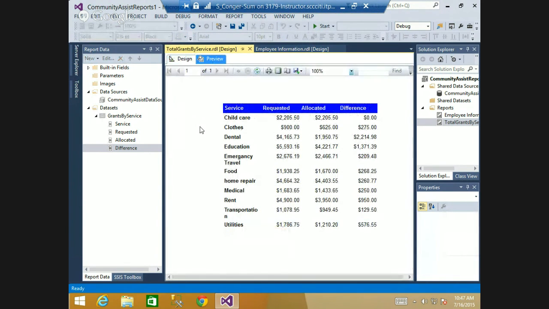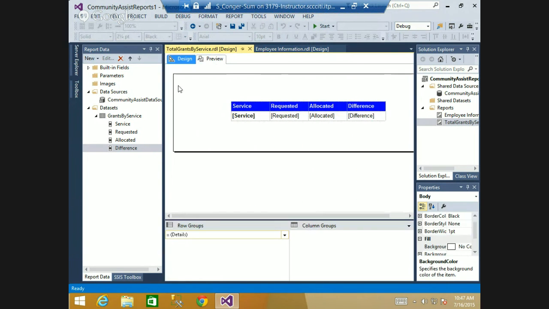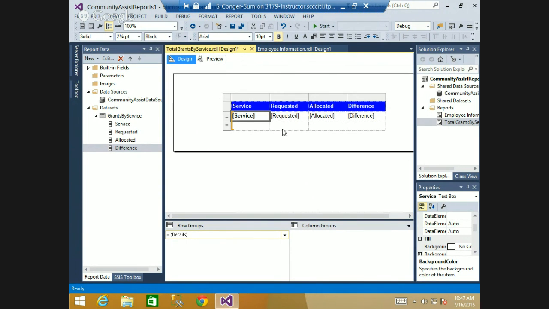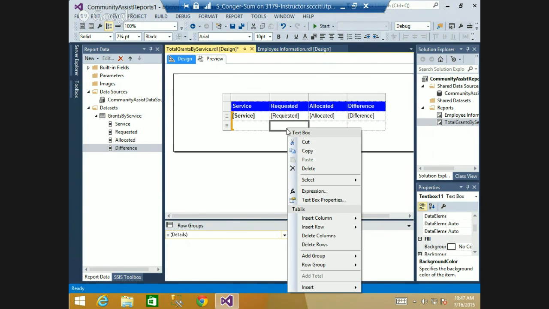I don't know if that's better or not. I'm going to do another row though. So I'm going to insert row, inside group below. I don't know if I wanted it inside group. And in here,